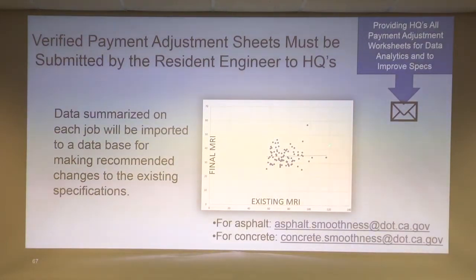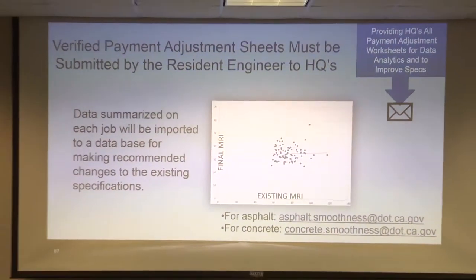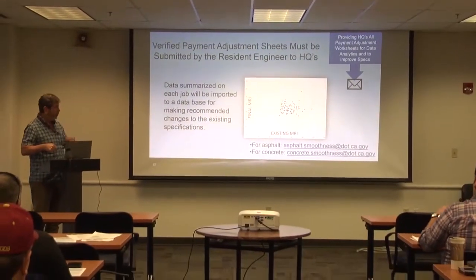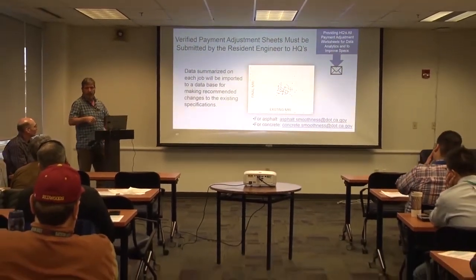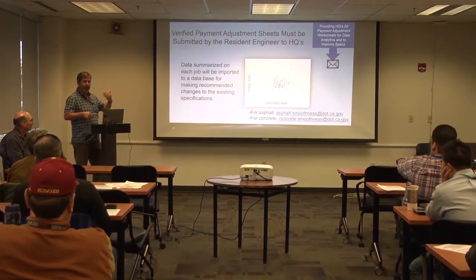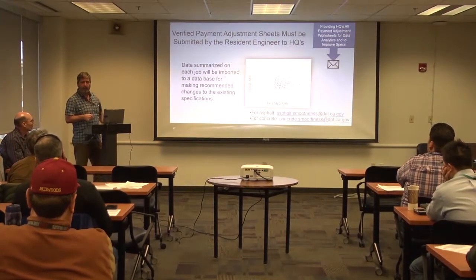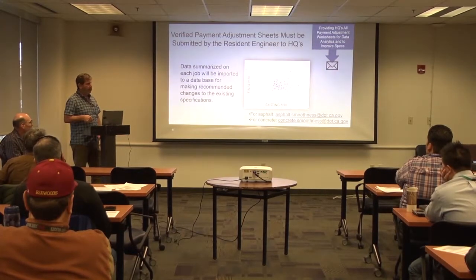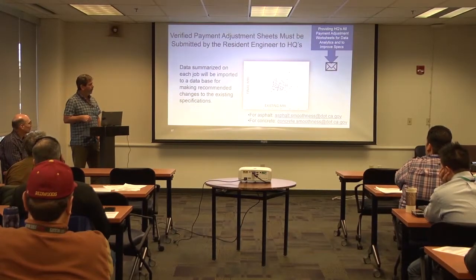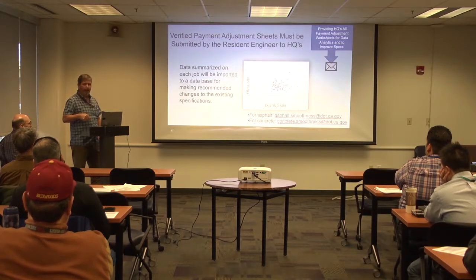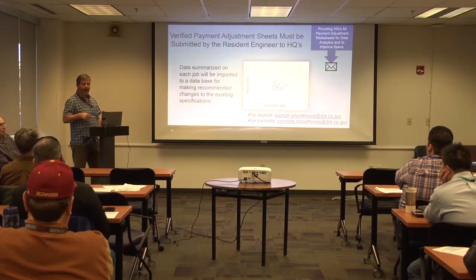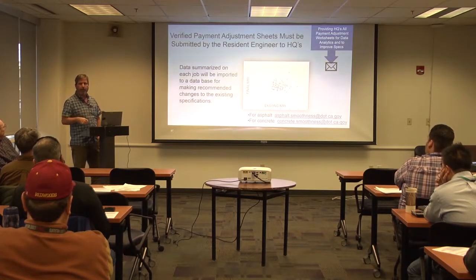The other part of these mill and fill projects: this was a project where they were just milling out old open graded that had a lot of longitudinal joints falling apart. The lanes were in decent shape. The MRI was 60s to 100. It wasn't bad, 60s to 90s. The definition of a good pavement is 95; anything less than an MRI of 95 is good. But this pavement could have had a lot of potholes in it, and our MRIs would have been way over here. When they milled that out, the mill doesn't care if there was a pothole there. They probably could have just paved back to those same MRI values.